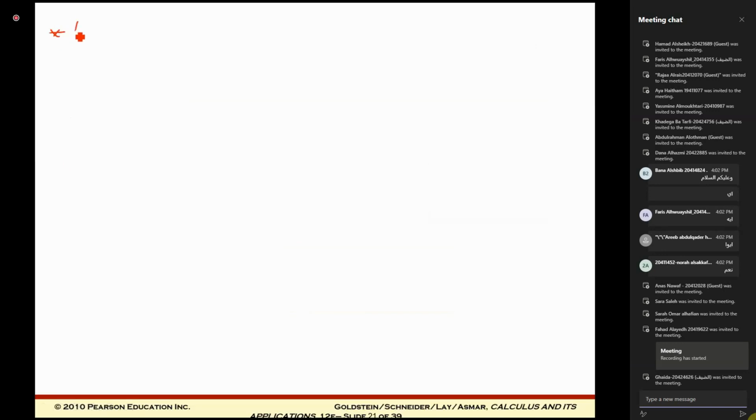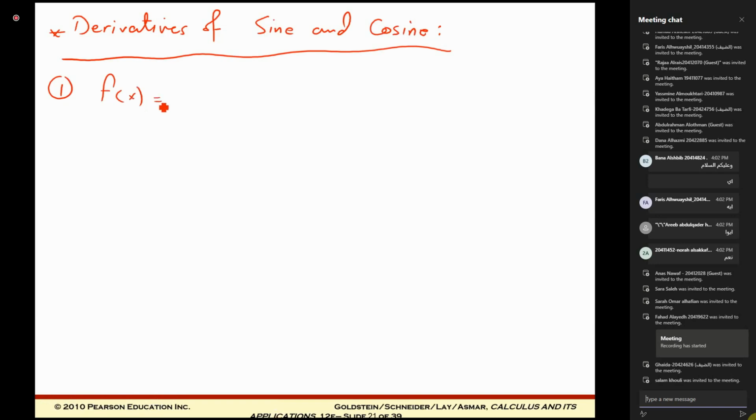Now the derivative of sine and cosine. The first rules for sine, cosine and tan. If f of x equals sine of x,